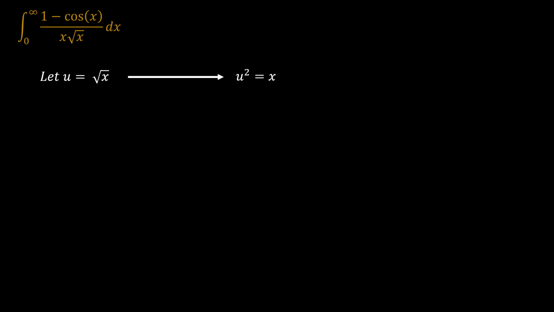So how do we go about solving this problem? First, I would let u be equal to the square root of x, right? And this means that u squared is equal to x, and therefore 2u du can be substituted for dx. And so our integral here